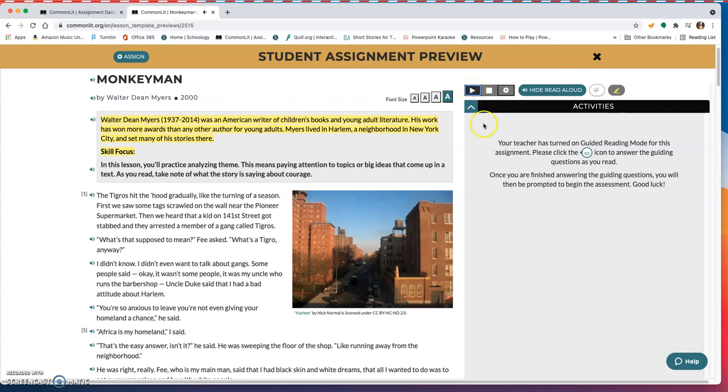So as you see, it starts at the top and reads kind of like a robot because it's a robot. Let's say you don't need that. You want to start at the story, or you want to go to a specific part in the story. Then while you have read aloud activated, you can just go and click the